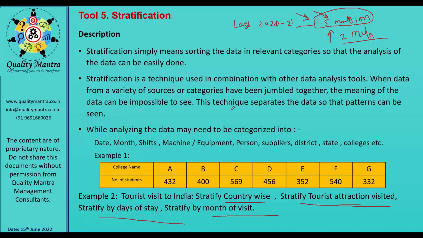Is it not that every month same number of people are coming? So you need to check in which month maximum people are coming, in which month from which country maximum people are coming. Then you need to advertise that particular thing in that particular country 1 or 2 or 3 months